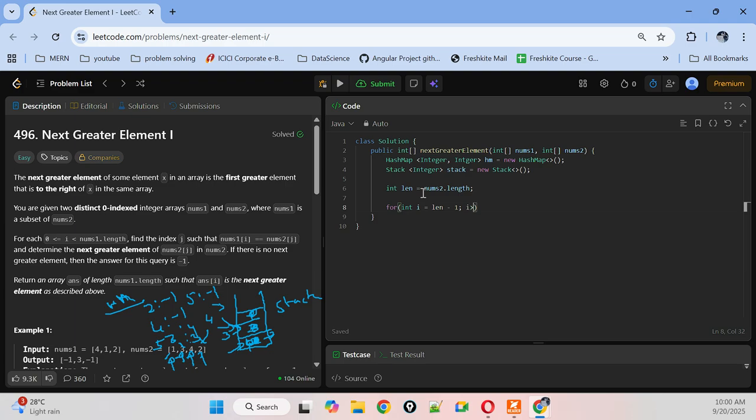Okay, len is greater than I is greater than or equal to 0. So for everyone you have to find, now you have to go for I minus minus. Okay, good. So this is a loop which you are traversing from the end, right? You are going backward. Now what you have to do is, when a number comes,